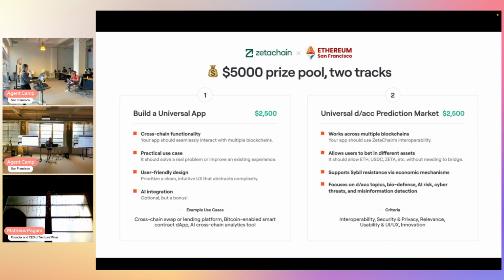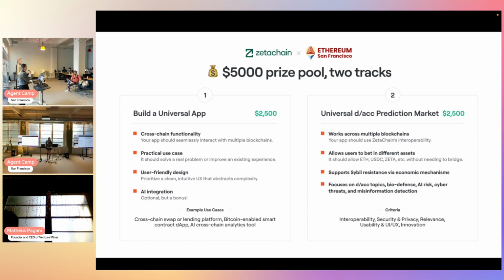Since we're building the universal blockchain, if you want to build cross-chain solutions, we have a gateway; if you type in Zeta Chain Gateway online, it's really developer-friendly. You can check how, if you're building on other chains, you could build something more universal and more cross-chain.